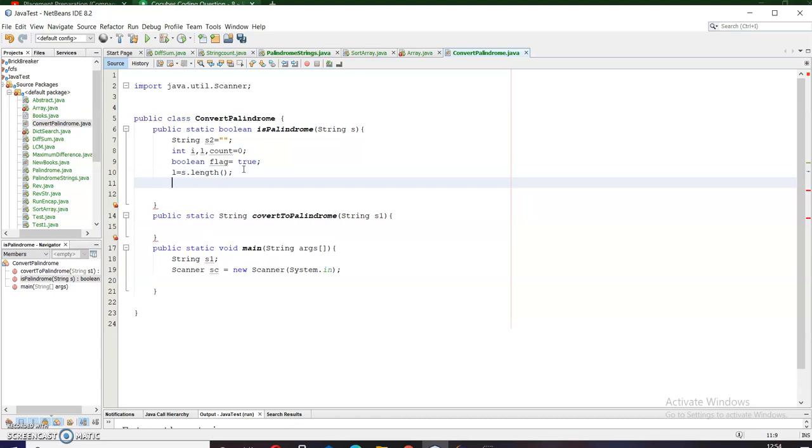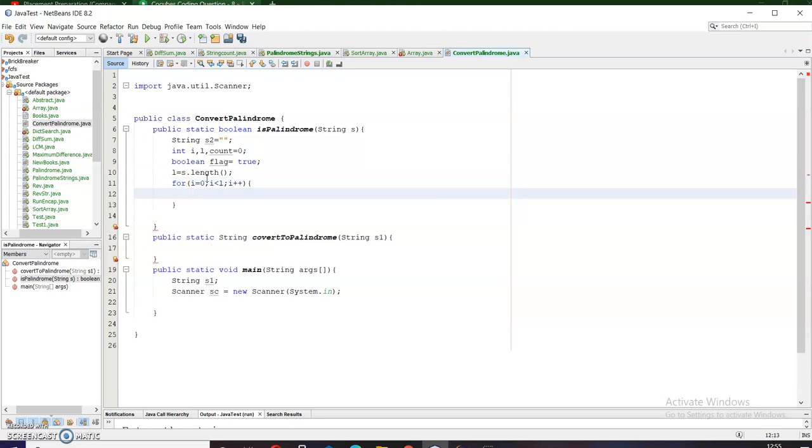I will use a for loop to traverse through each of the characters of this string s. So for i equals 0, i less than s.length, that is L, and i plus plus.